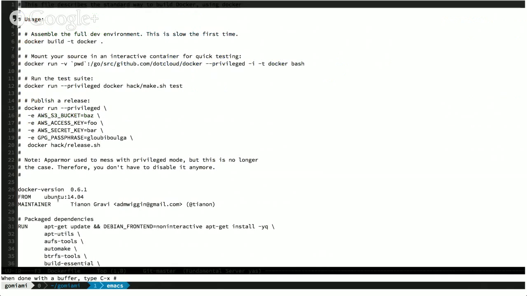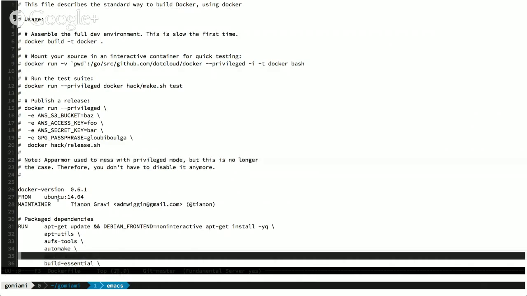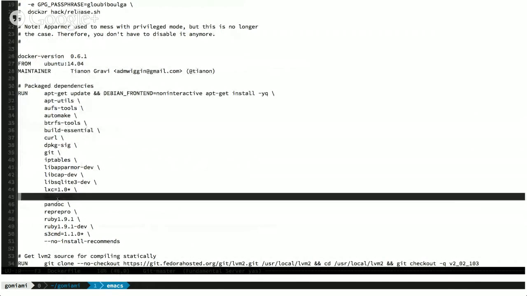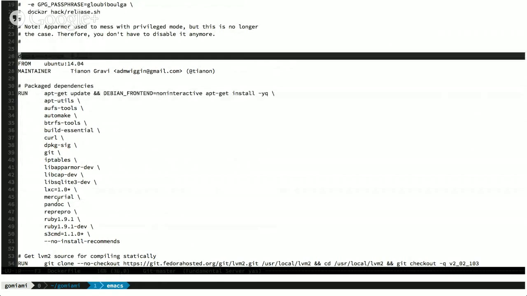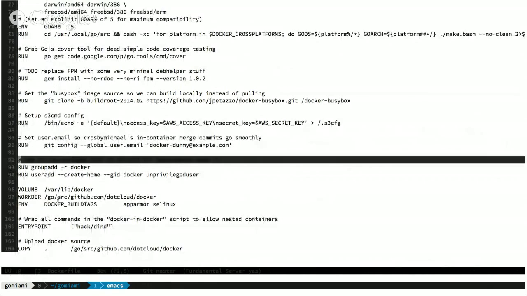The Dockerfile is the file that Docker uses in order to describe an image. And in this case, we use a Dockerfile ourselves in order to build. So when we do a run, it's just like if we do Docker run. It's going to be the same thing. And so we install all the dependencies. And when we make the release,